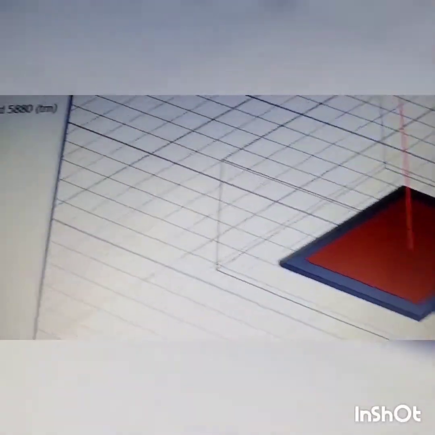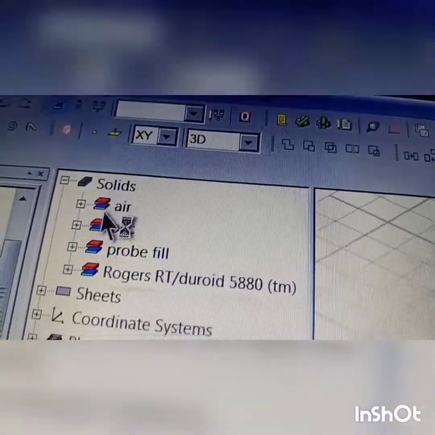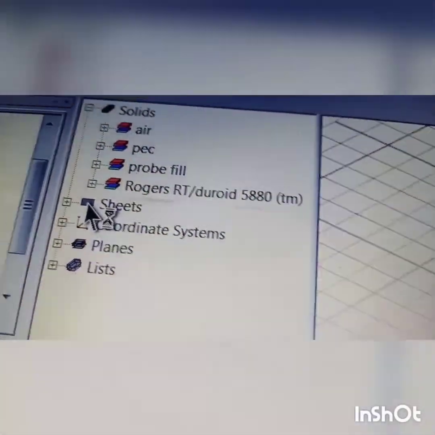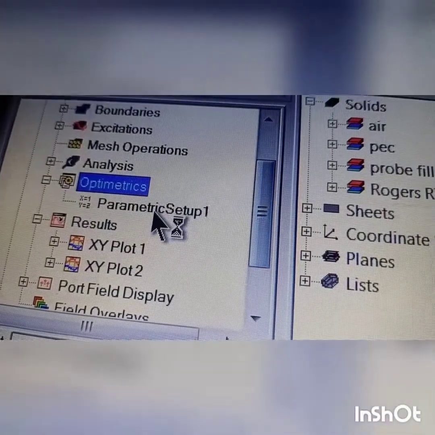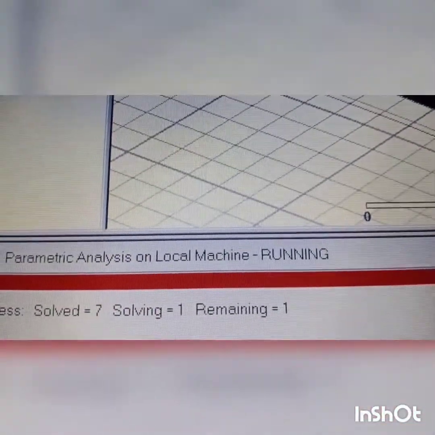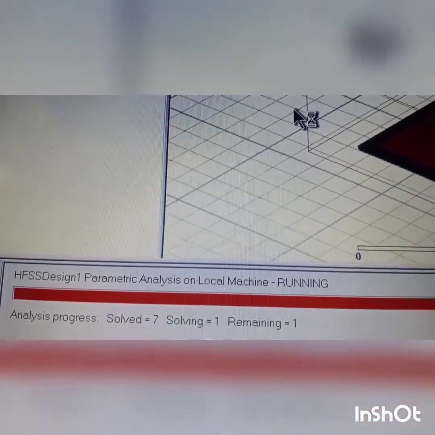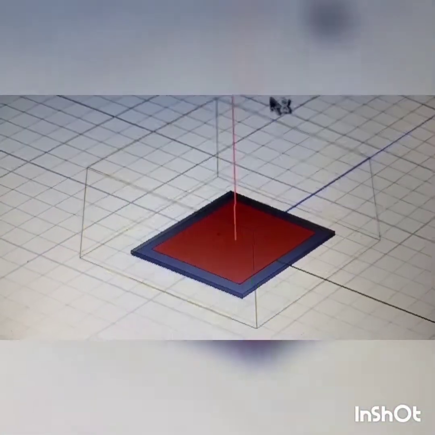So in this way you can get your desired results, right? So what will happen? Just see. Here I am doing only probe position optimization. It is not final. It is my assumption that if I shift the probe, I can get a good result. That is one point I have to solve, right? And then if you are not satisfied with that, you go for other parameters to optimize.